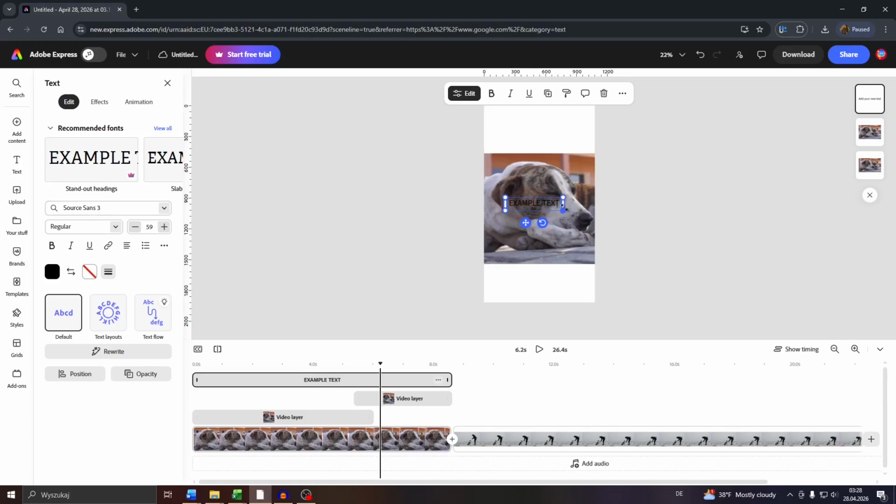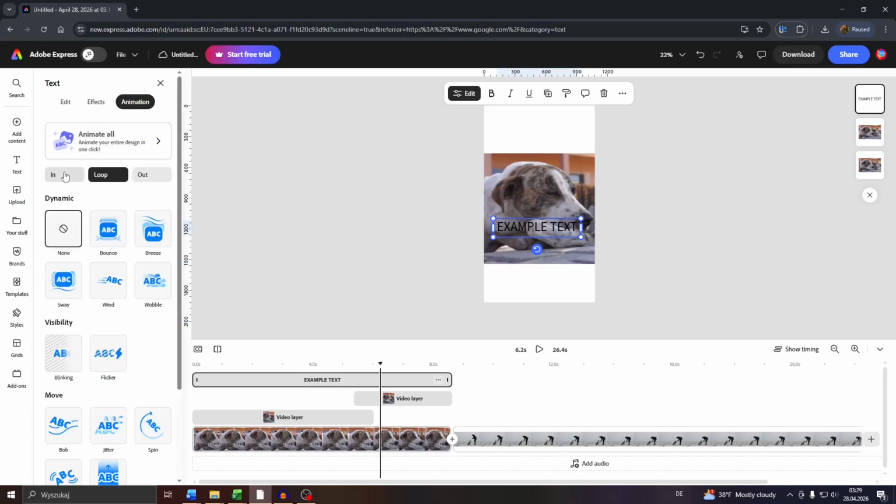You may resize it if needed. Position it on your canvas. And then guys, you can apply animations to a text box as well as to any other types of elements like photos, video clips. To do that, navigate to the Edit tab here, switch to Animation, and choose an animation